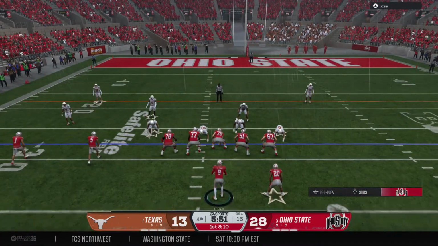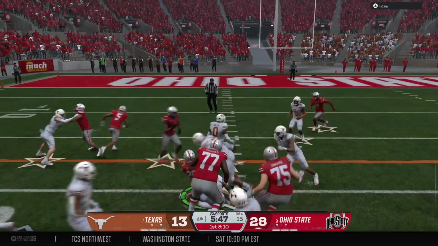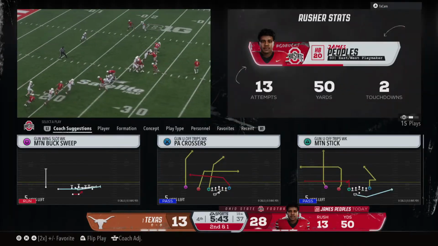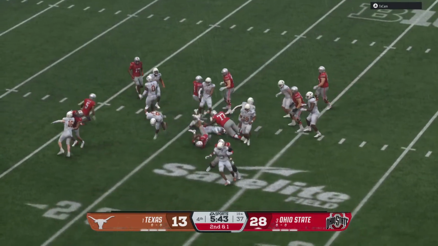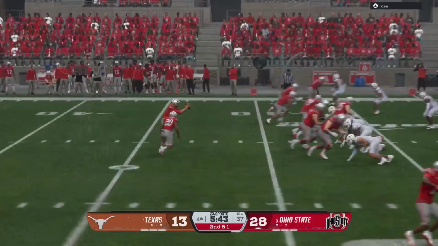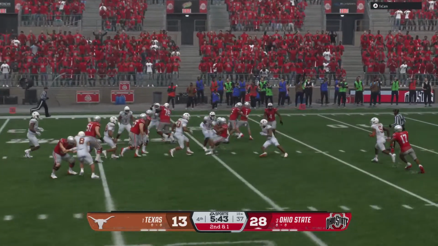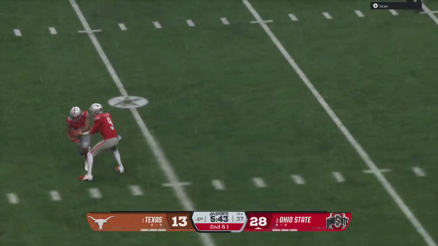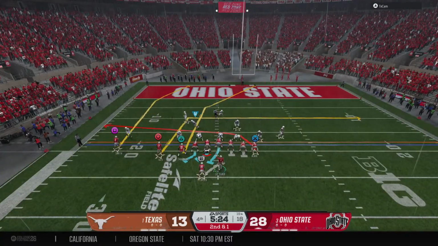The Buckeyes with 1st and 10 here. Out of the shotgun, he hands it off. He's in the clear. That's exactly how you want to start this drive, working with the lead in the 4th quarter. Take as much time off this clock as possible. That's a great way to get this drive started. The offense has done well to chew some clock here. Now they'll come up on 2nd down.